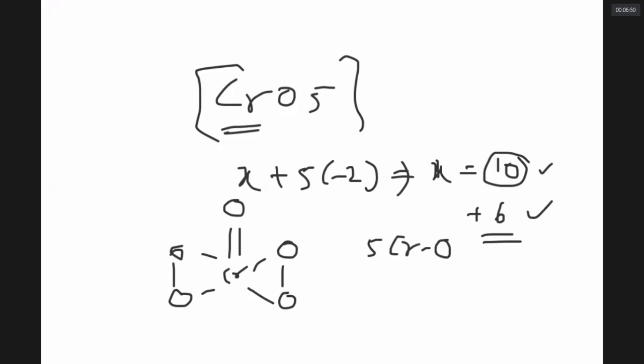Can we see it really? You don't bother about pi bonds. Generally, if they ask the number of bonds, they are specifying sigma bonds. If they want pi bonds, they will ask specifically how many sigma and how many pi. If they ask number of sigma and pi bonds, you can say 5 sigma bonds and 1 pi bond. Now, have you seen how to work it out? Its oxidation state is plus 6 only, because the maximum allowed state is plus 6.